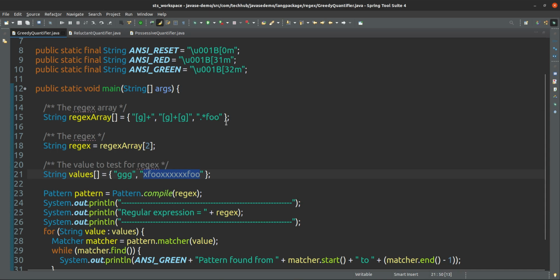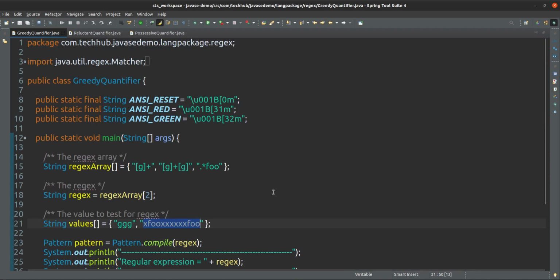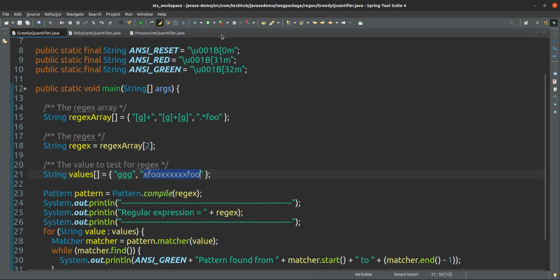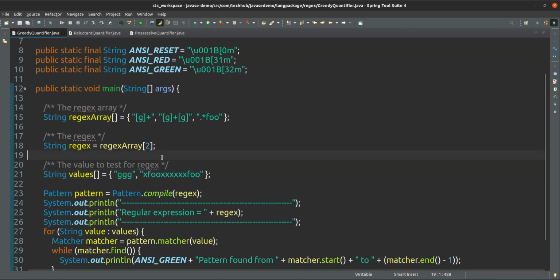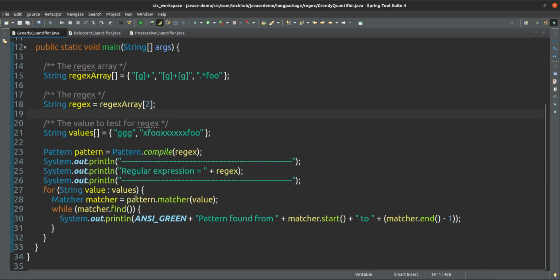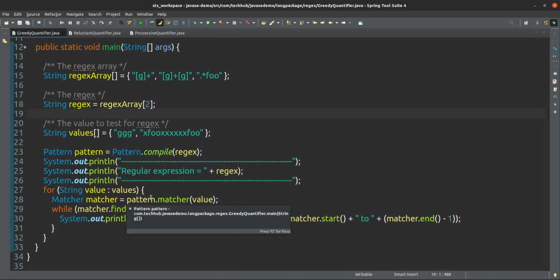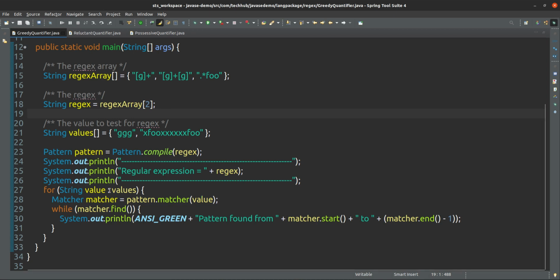So 0, 1, 2, yes, second position, this is the regular expression and this is the quantifier. If I run this one, you will see what exactly the pattern found, where exactly the pattern is. Let me print that value also. Okay, let me print this value once.